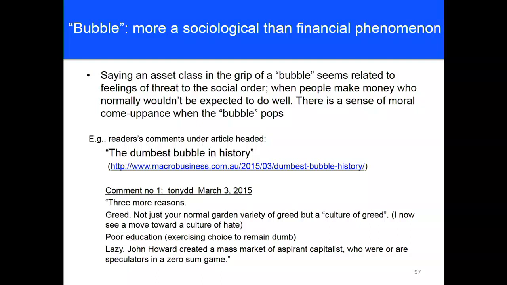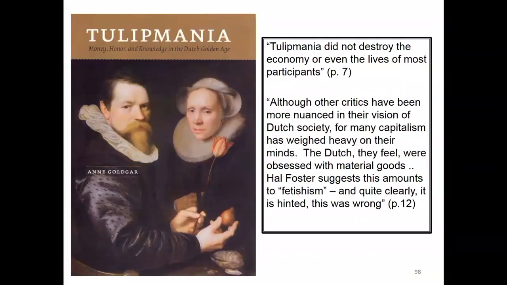Again, you wonder what motivates people to write this. Why so annoyed? It turns out that tulip mania, although people took it out on the Dutch, didn't destroy so many lives. In fact, the Dutch economy went on quite well. It's later on that people talked about tulip mania because they felt that the Dutch were obsessed with material goods, in the same way that people talk about the middle class here being obsessed with material goods, as though something's wrong with that.